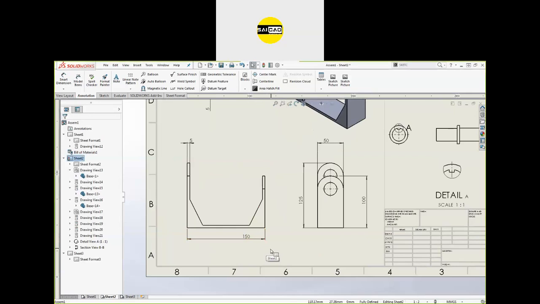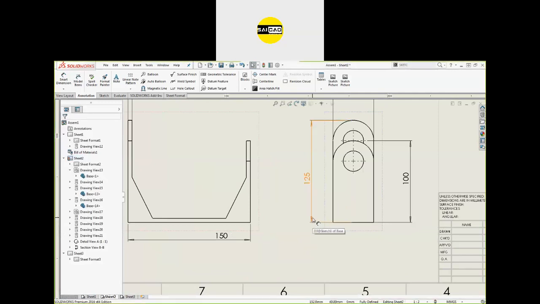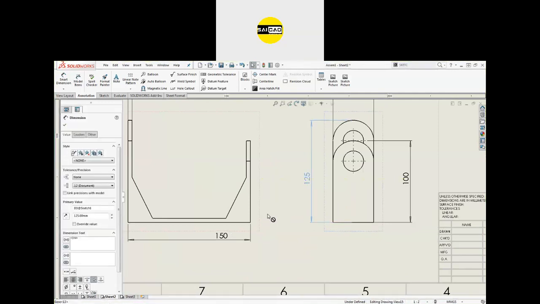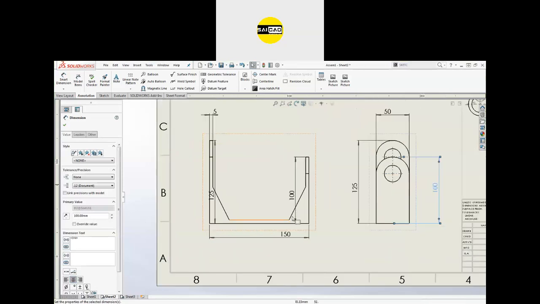Press the control button and just drag the dimension like that. If I go here somewhere, wait for a second, with the control button, okay, we are not getting this dimension. Okay, so like that you can just drag and drop the dimension.